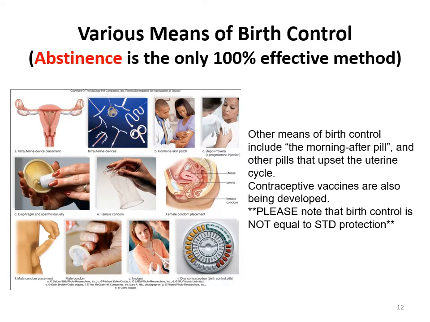Now, not everyone wants to have a baby at certain times. You wouldn't want to be constantly getting pregnant. And so there are various means of birth control, but I do point out that abstinence is the only 100% effective method. And of course, abstinence, fancy way of saying not having sex, is the only way that you will be 100% guaranteed not to get pregnant. All of these other methods are not 100%.